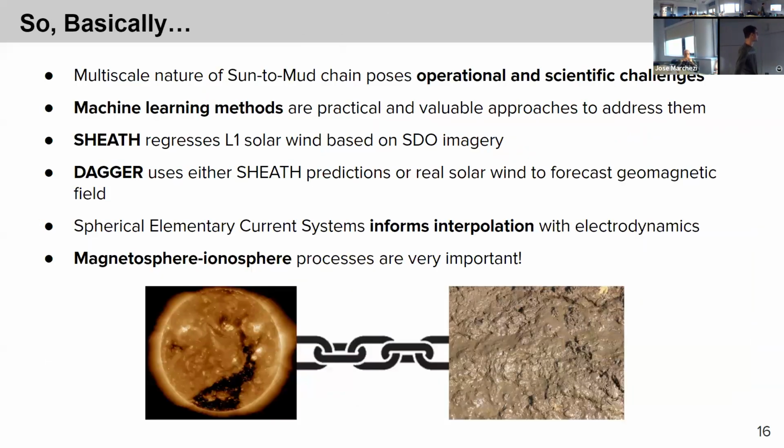So, just in summary, the multi-scale nature of this long Sun-to-mud chain has some various challenges that I'm trying to address with machine learning methods. For FDL-X this year, this research sprint, we created the SHEATH and the DAGGER model, which each regress solar wind and ground magnetic perturbations respectively. And here at UNH, since and before that, I've been using spherical elementary current systems to try and get a more electrodynamics-informed interpolation,